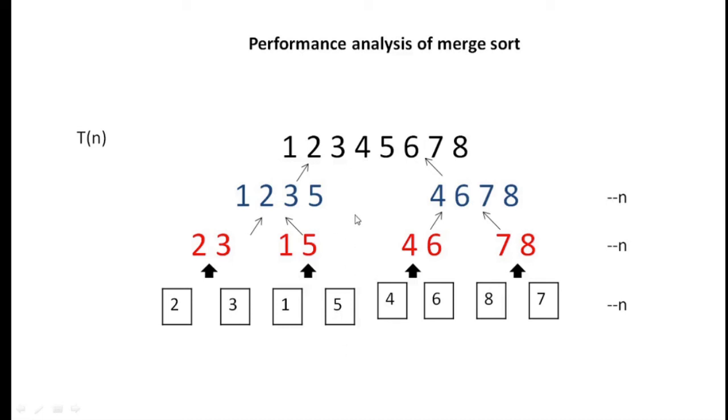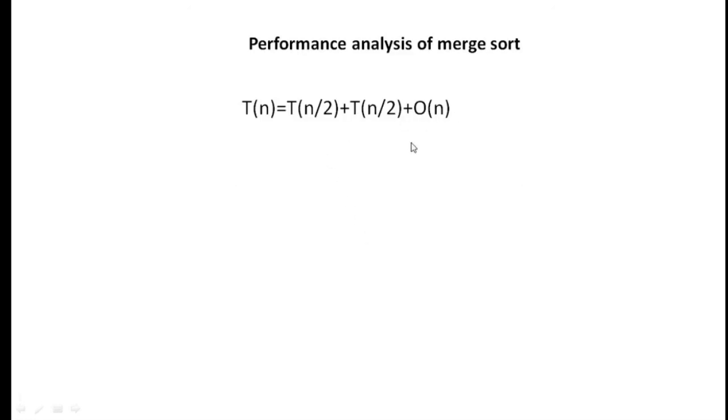And to divide it, let's say this array is divided into 2 parts, something like this. So it will take some time, and it will take some time. And I have considered this list of n size. So this size is going to be n by 2, and this size is also going to be n by 2. So the time taken from this side and from this side is going to be the same, because this is divided into the same sub halves. So it is going to be T(n/2). So the time is T(n/2) on both of the sides. So the total time, adding the merge time also, becomes 2T(n/2) plus the merge time, and